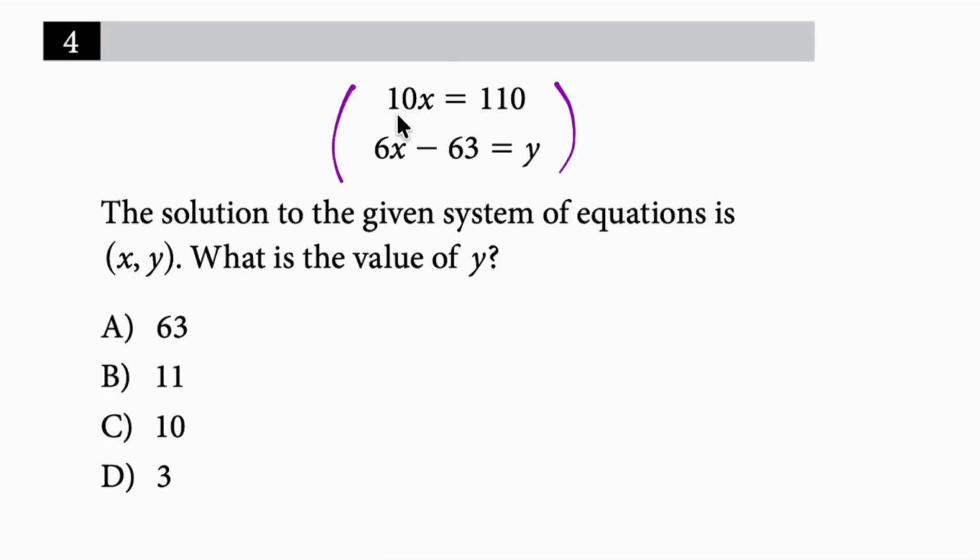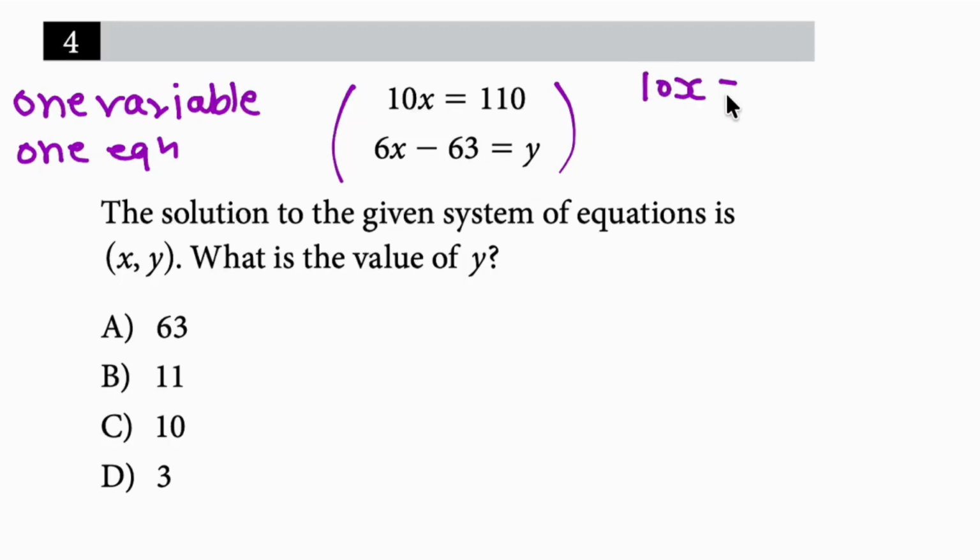And as here, I can see the first equation has only one variable. And when there is only one variable, we need only one equation to solve the question. Only one equation is needed. So that means the first equation can be solved for x independently without needing the other one. Let's do it. 10 times x is equal to 110, dividing by 10 on both sides, x is equal to